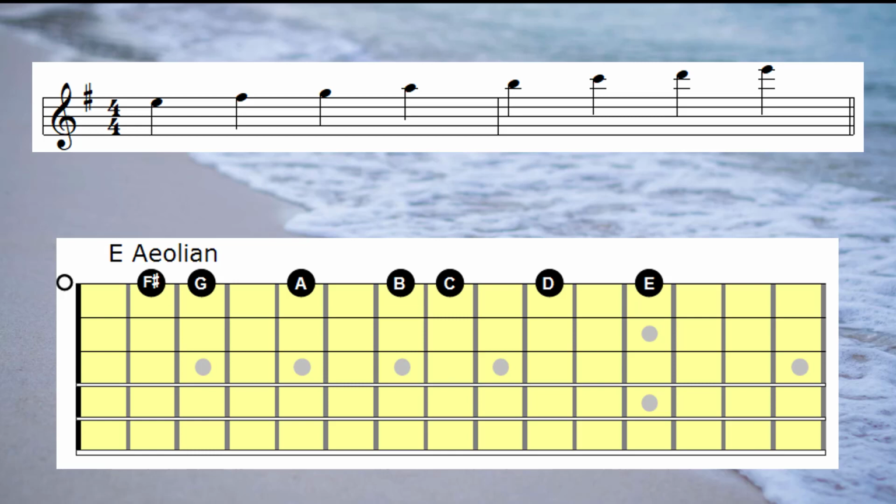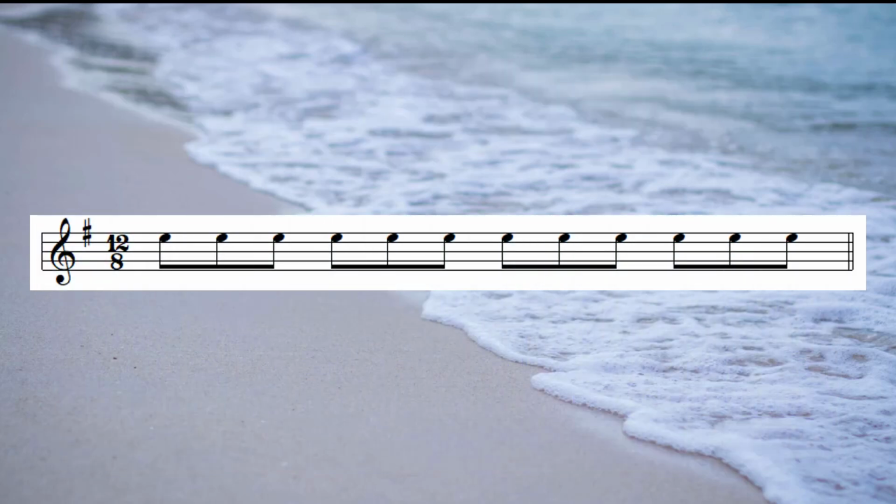The next thing is that we're going to play this E Aeolian mode in a particular rhythm. And this is going to be very important because it's the way we're going to introduce the concept of playing triads and then some melodic lines. Now 12/8 may be new to you and it might sound tricky, but basically it's 4/4 time with a triplet